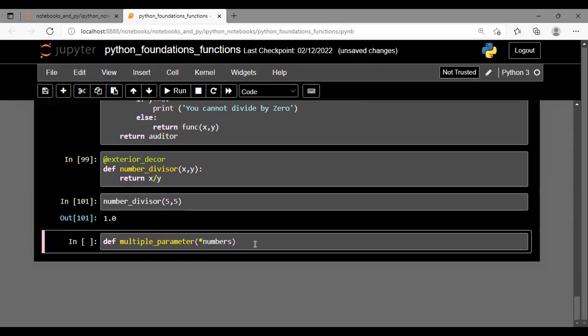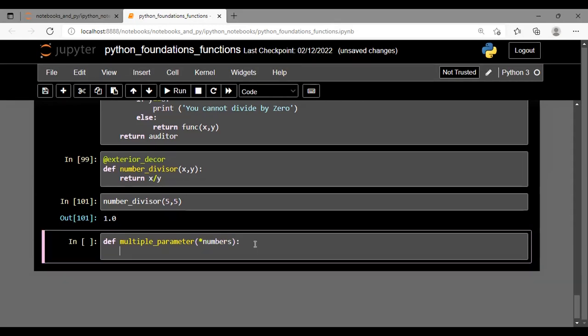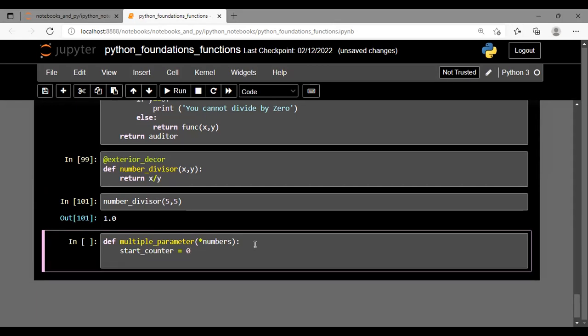And then we define this, all right? And then let's call this start_count. That's the counter, equal to 0, based on the example that we had the other time. So for number in numbers,